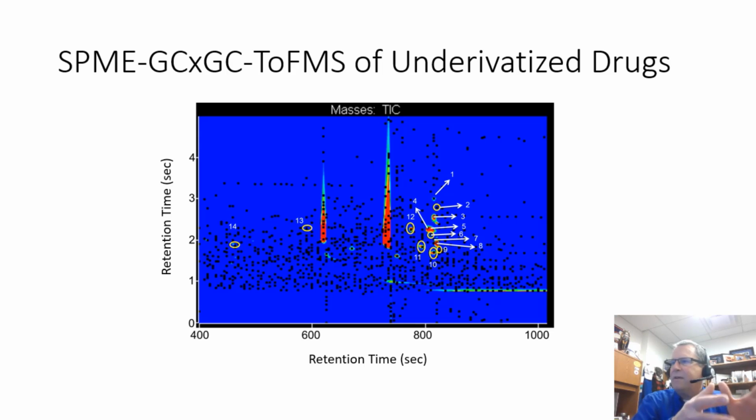You saw that last chromatogram had a few peaks. Here's the same dozen or so drugs by GC times GC, and we see that they're all separated. And I think that's also a pretty exciting way that we can go. But of course, GC times GC is a bit of a power hog, and certainly GC times GC TOF is also a power hog. So we're trading some green. This is an example, actually, potentially of trading greenness for selectivity. And that's one of the things that we're going to think about quite a bit as we bring analytical methods